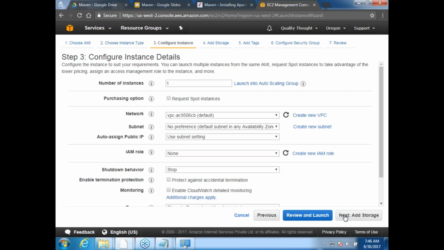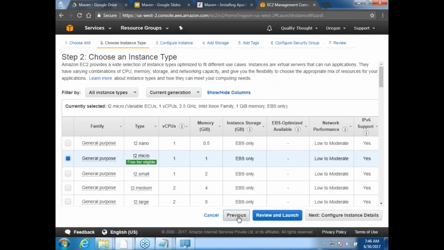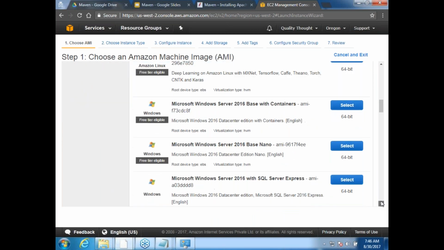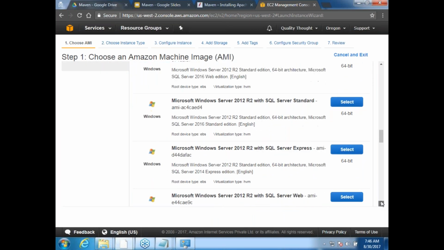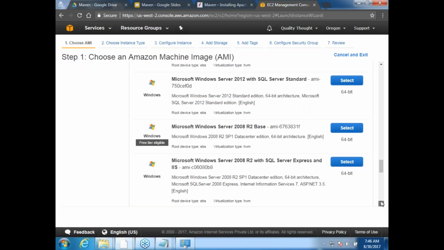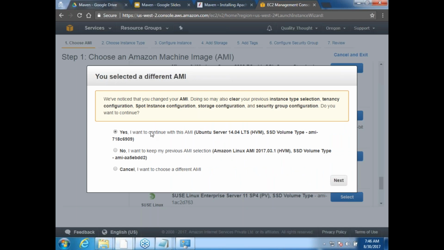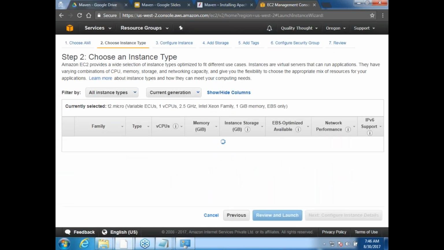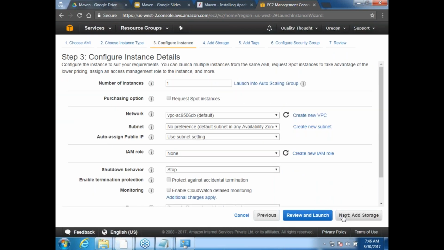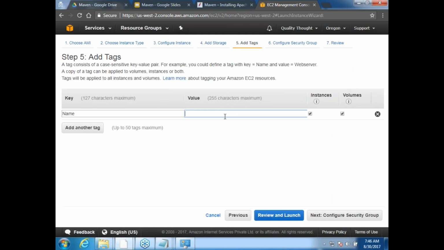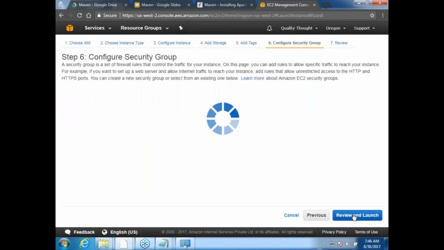I need to select Ubuntu, then next. I'll name it build server.